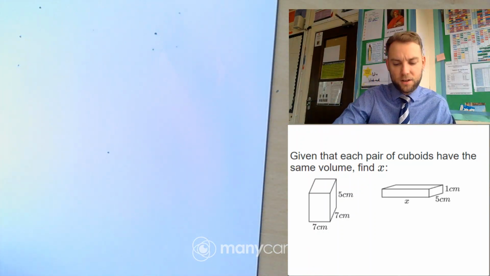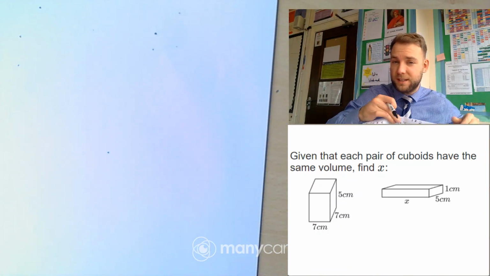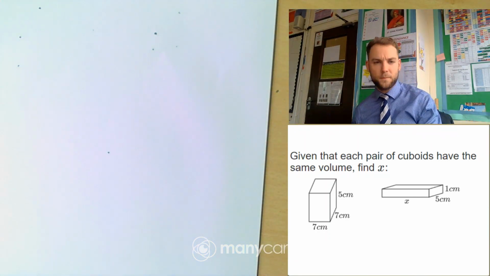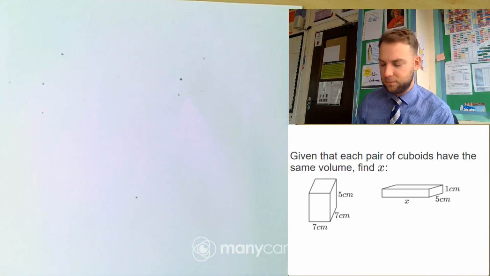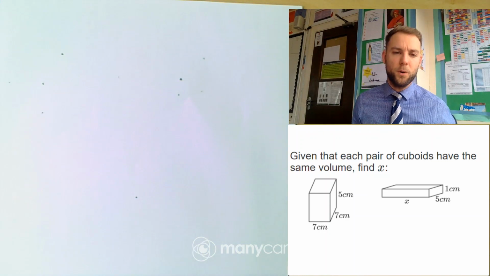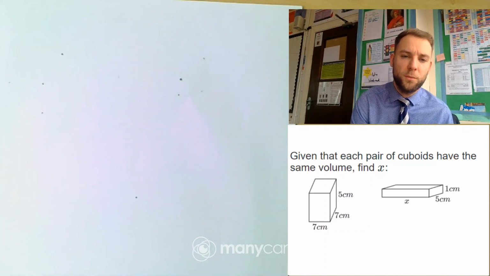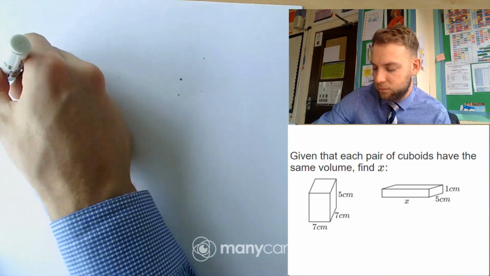So the key part of this, now take note that you probably should have written all of these examples in your red book or in your book. So all of this now, all of these examples should be in your book. But the most important part of this is knowing what those first formulas are. Now the ones that mainly come up